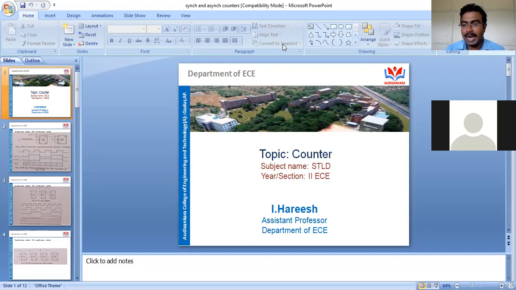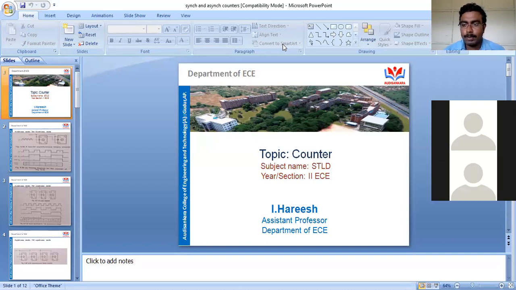Whereas a counter circuit can definitely count how many times that information has been shifted, based on the number of clocks applied to the circuit. So the counter is used for counting the number of clock pulses applied. It can either up count or down count. Starting from 0, if you up count, you get 1, 2, 3, 4, 5 like that. You can also down count from 7, 6, 5, 4, 3, 2, 1, 0.